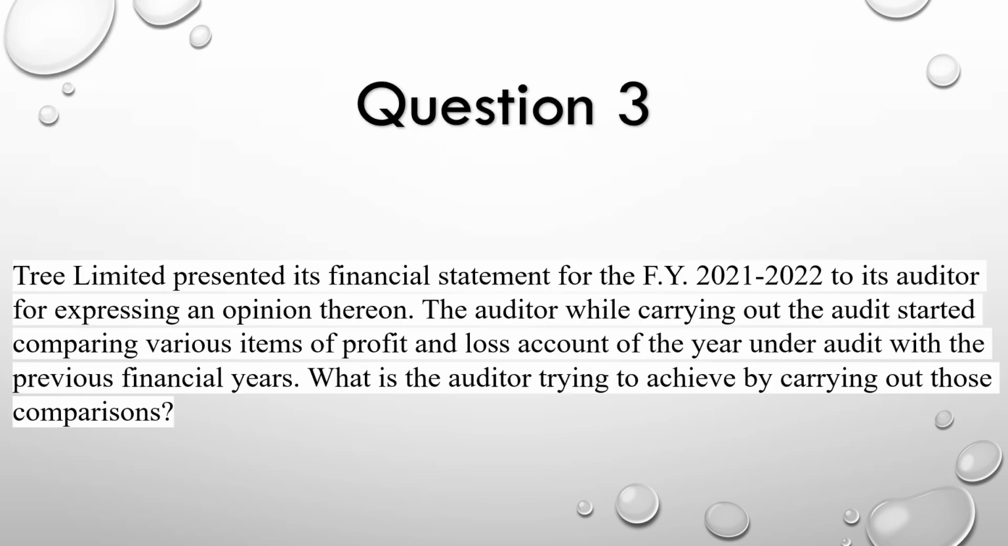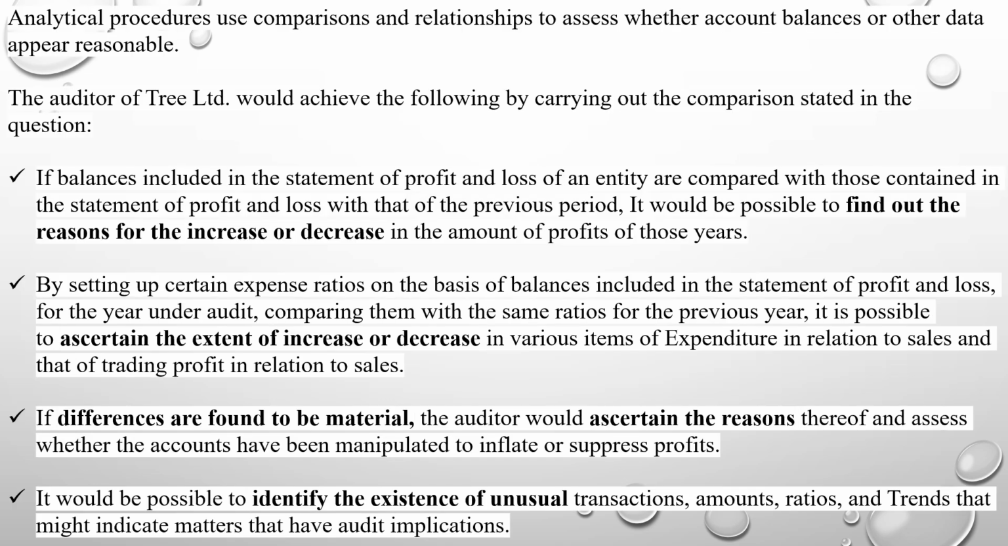Question number 3 is Tree Limited presented its financial statement for the financial year 2021 and 2022 to its auditor for expressing an opinion thereon. The auditor, while carrying out the audit, started comparing various items of P&L account of the year under audit with the previous financial years. What is the auditor trying to achieve by carrying out those comparisons? Analytical procedures use both comparisons and relationships to assess whether account balances and other data appear reasonable or not. In this question, the auditor is comparing current year's profit and loss statement with previous year's statements to